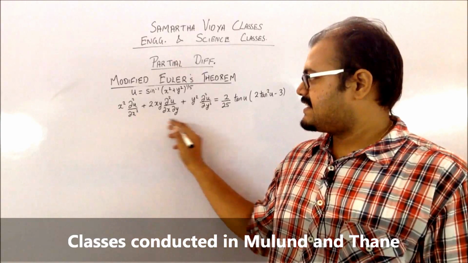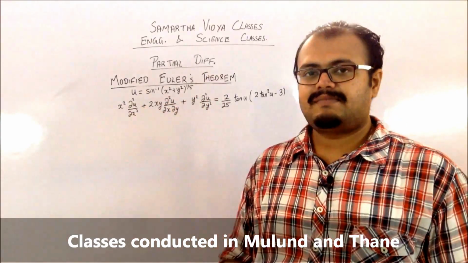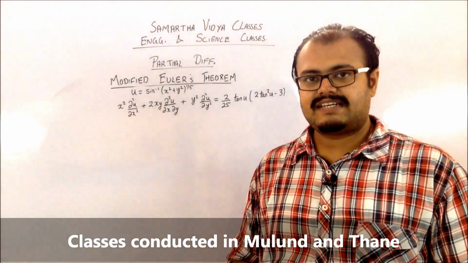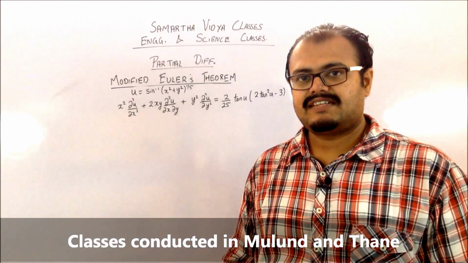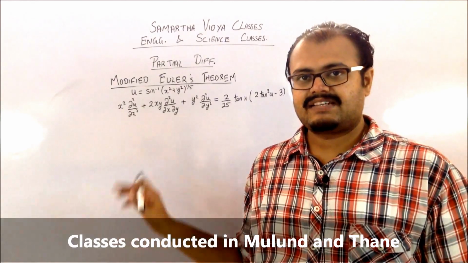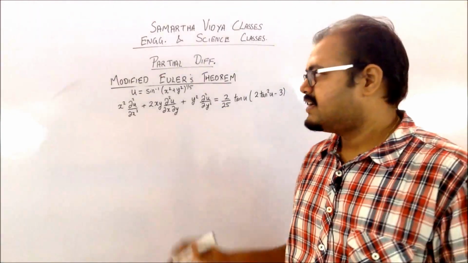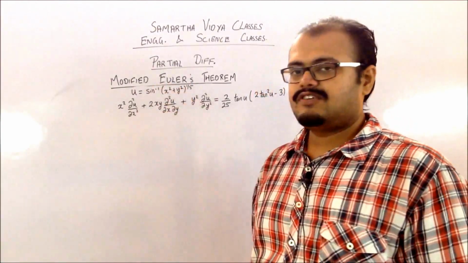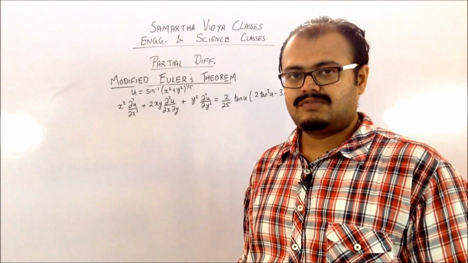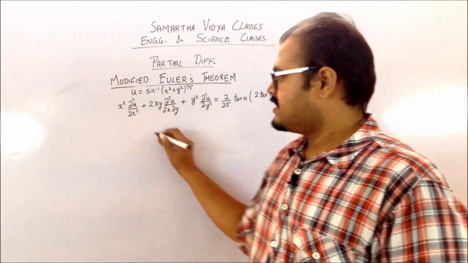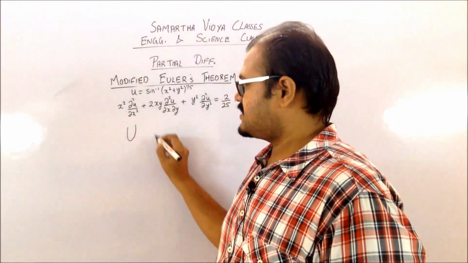So you can see that these set of terms have been coming up in your Euler's theorems, that is, in the first corollary and in the third corollary. So you have to see which corollary it's going to belong to. So you obviously have to first of all prove whether this function is going to be homogeneous or not. So let us consider the capital U for this.